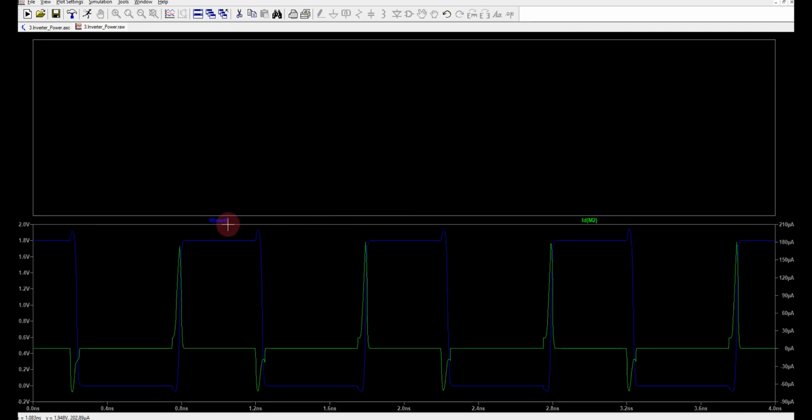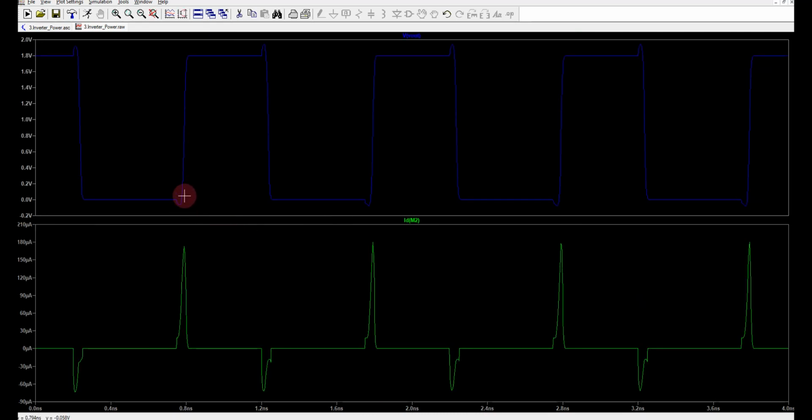Add plot plane. Now whenever the output voltage is going from 0 to high, the current in the PMOS is increasing, whereas when it is going from high to low, there is no current in the PMOS going high. This is because of the high to low transition. So if you see here, the PMOS current is going high only when there is a transition, that is, when the output capacitance node is getting charged.